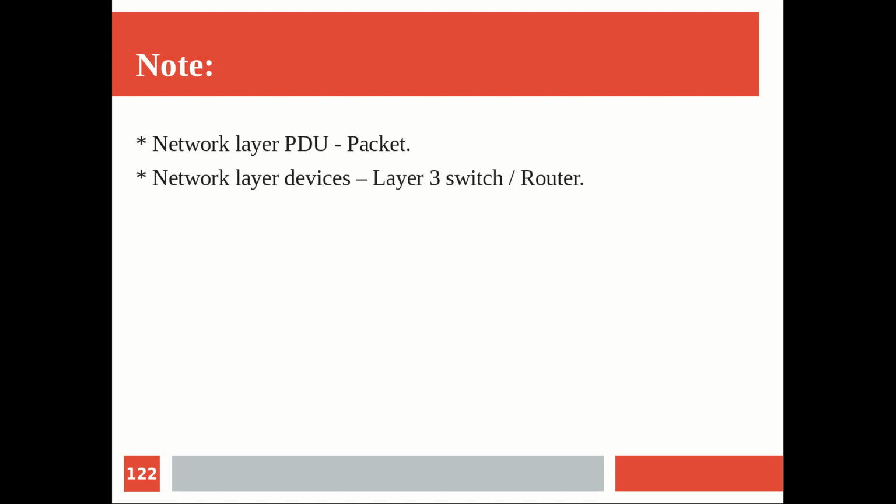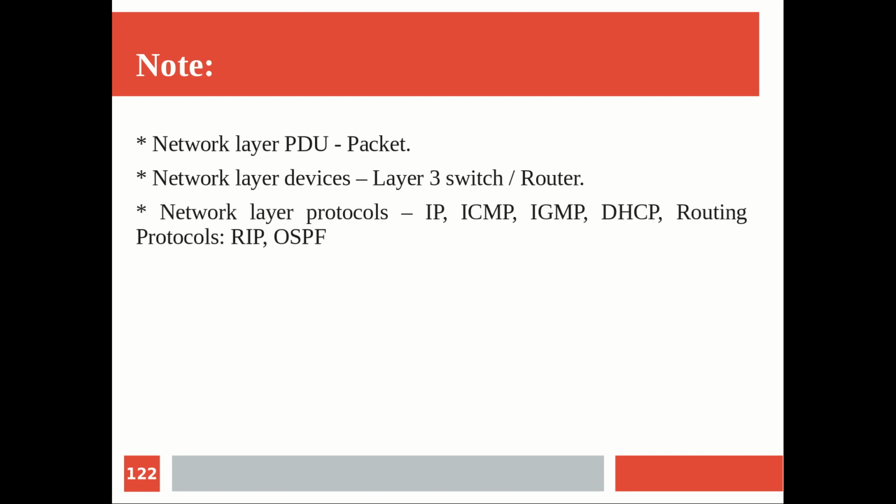And if you are looking at network layer devices, you can think of layer 3 switches. The switch itself, we can think of as a layer 2 switch and a layer 3 switch. A layer 3 switch is nothing but one which can take care of routing also, that is, one that can run the routing algorithm. It could otherwise be called the router. A layer 2 switch purely does not have the routing algorithm running, but it will do the forwarding of data in a more intelligent way than the hub, which is the layer 1 device. So network layer protocols are like this, and you will see these things again in your subsequent modules.